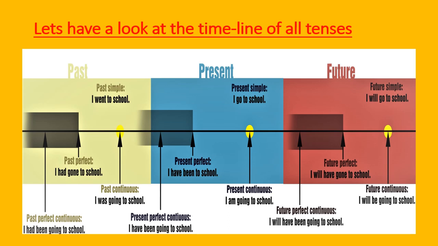Now, future simple tense is an action that is completed in the future, that is to be completed in the future. For example, I will go to school. Now, for a more detailed discussion of each of the tenses with examples and a more detailed analysis of the tense forms or its aspect, let's move to the next slide,